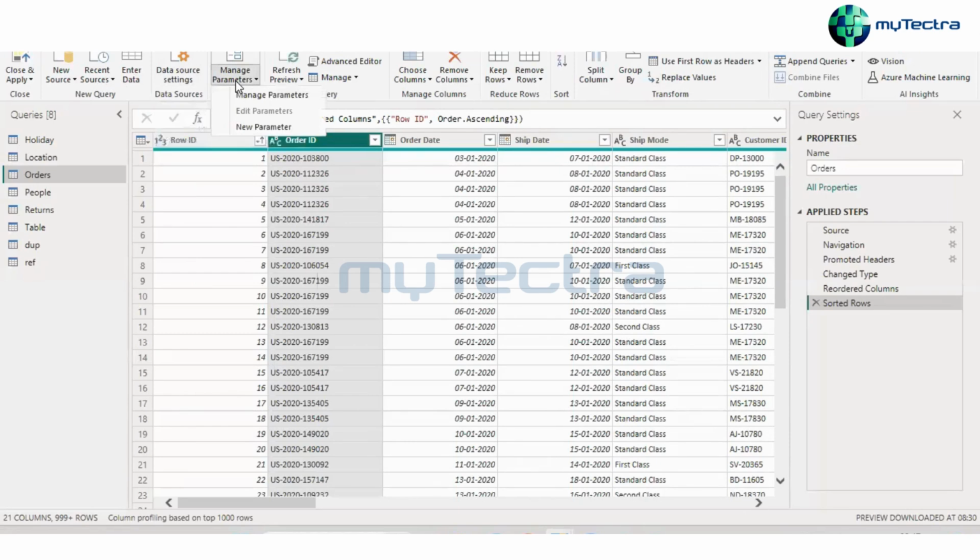And Manage Parameters. Manage Parameters is providing